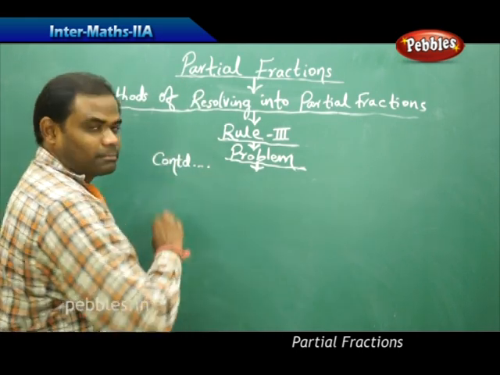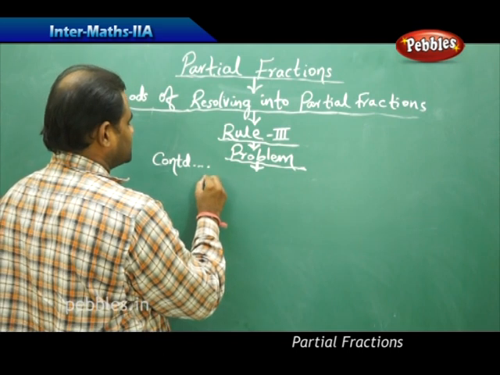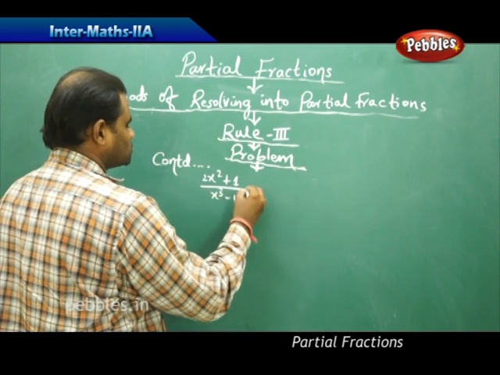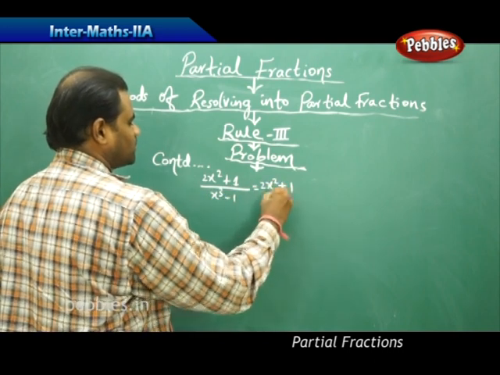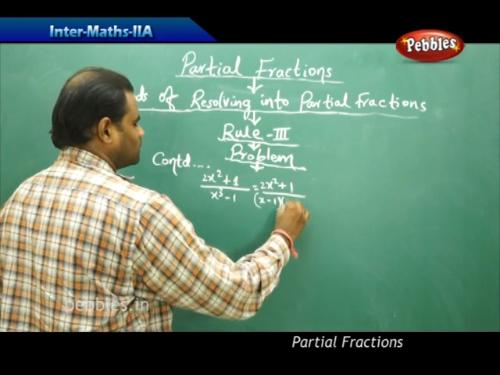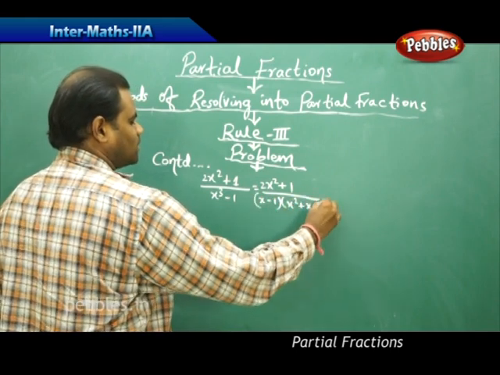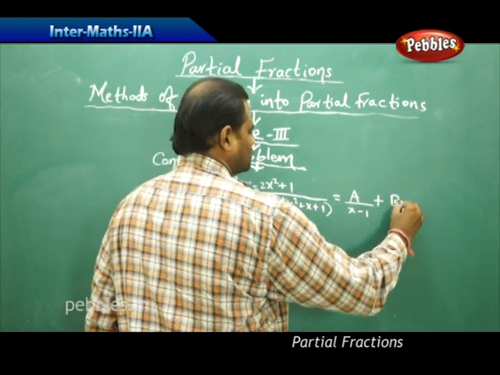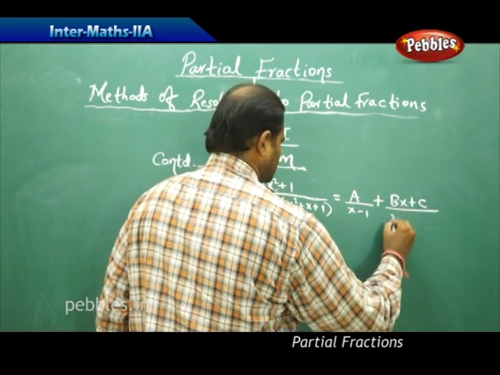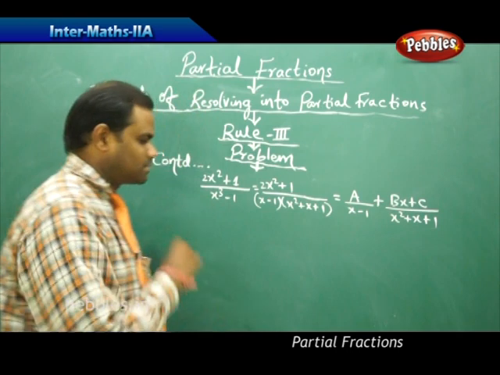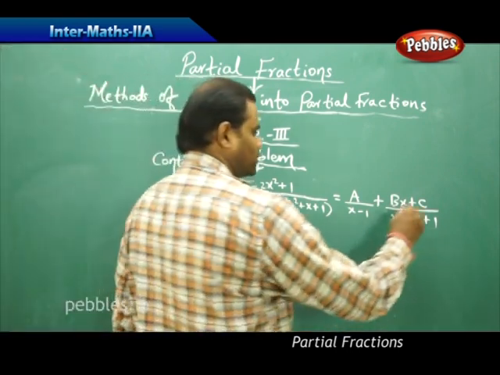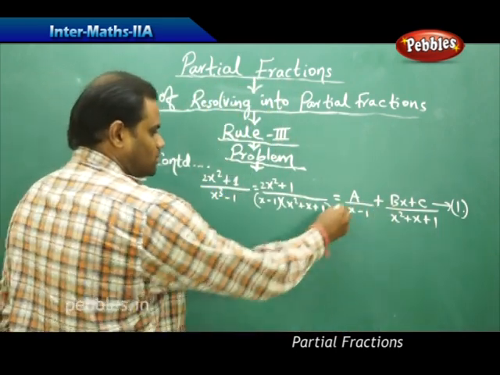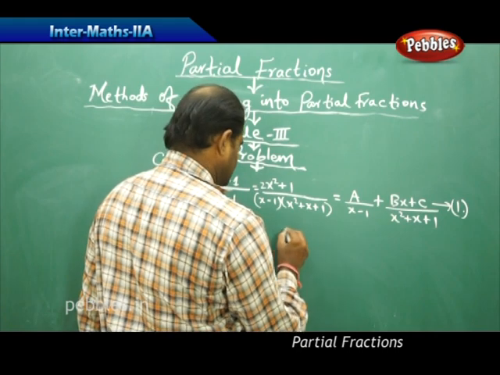Continuing from the previous session, I got this split as partial fractions for the problem (2x² + 1)/(x³ − 1), which was split as (2x² + 1)/((x − 1)(x² + x + 1)) = A/(x − 1) + (Bx + C)/(x² + x + 1). So this was equation 1, through which I'm going to find the values of A, B and C. So this, on taking LCM, I get this as